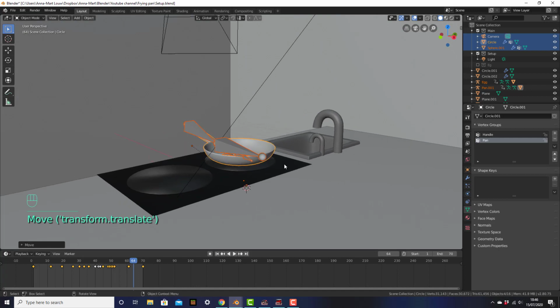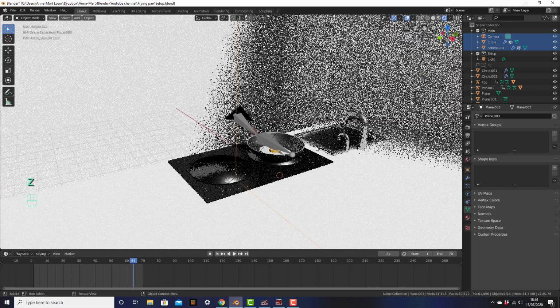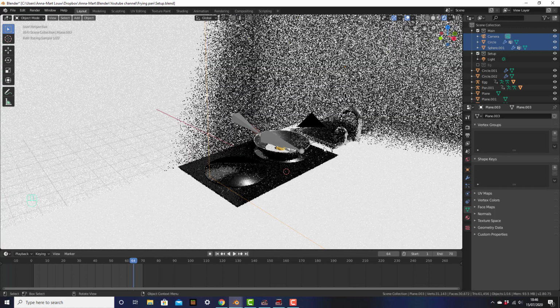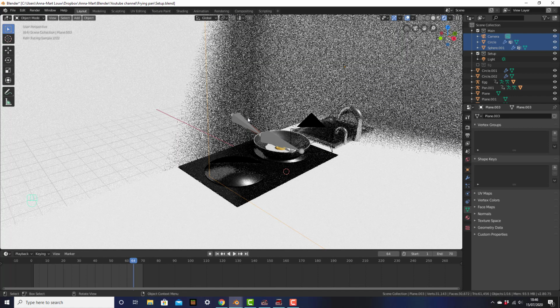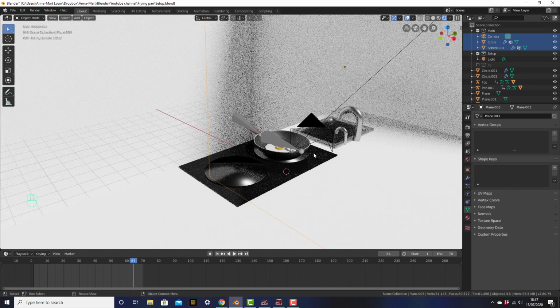Just like that. If you now go into rendered view, you can see that it looks pretty good. And that's the whole setup that we need. Now we just want to add some textures so that everything isn't just white. This is going to make the scene look very, very realistic, and that will give us a really good looking final render. So this is just the setup, and now we're going to add some wooden and marble textures to